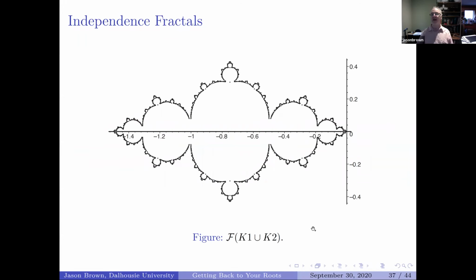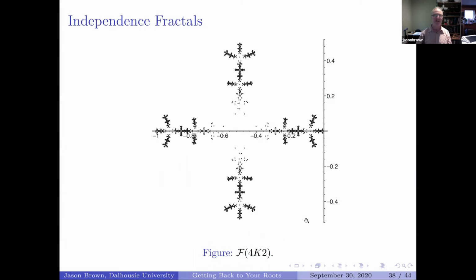So let's look at some other pictures, because I love looking at independence polynomials and their pictures. And here's another very simple graph. This is a point union a single edge. And you would think that's so trivial, it would have no interesting independence roots for its iterates and for its independence fractal. Fascinating picture again, another fractal.